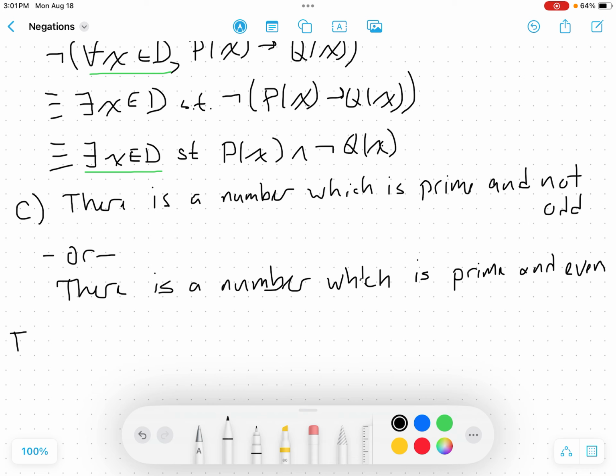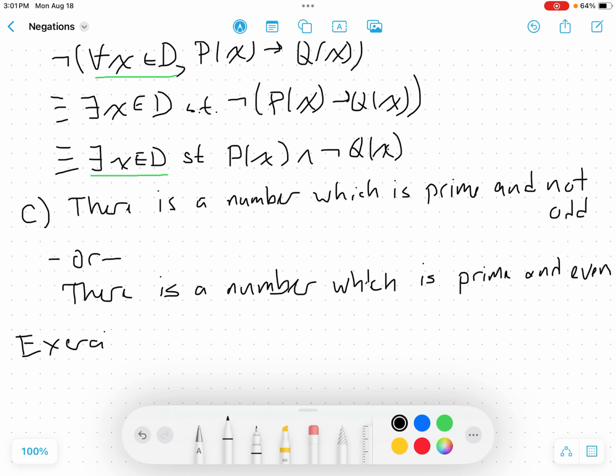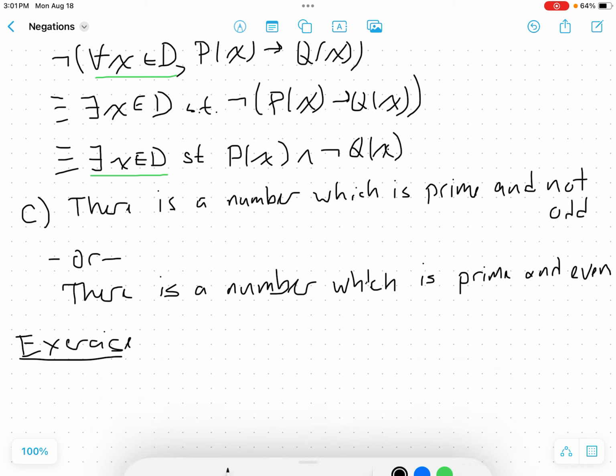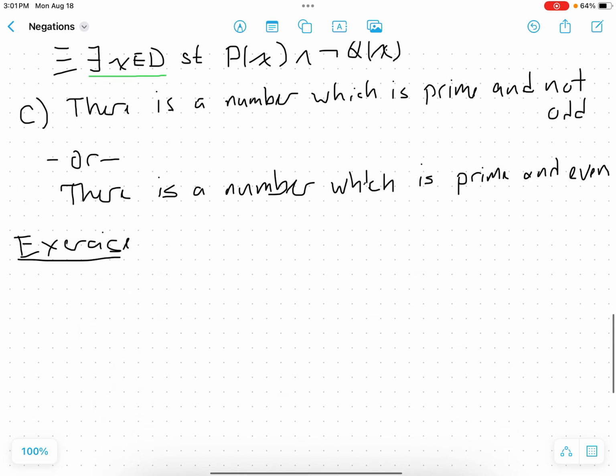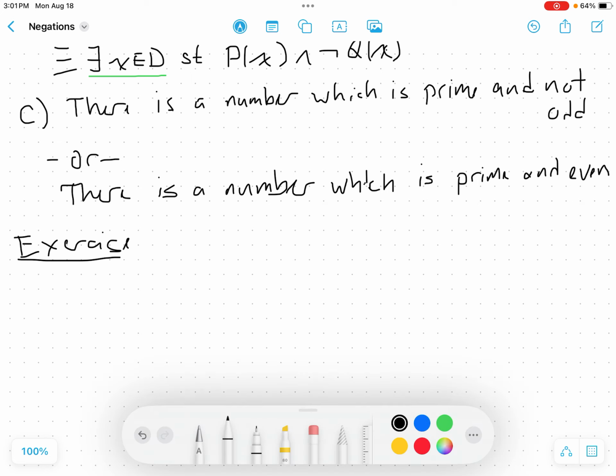So, for another exercise, we've got another mathematical statement. This one happens to not be, I guess, the original statement is true. Its negation won't be. Again, we don't really care. We just want to figure out what the negation is. So, we've got the statement